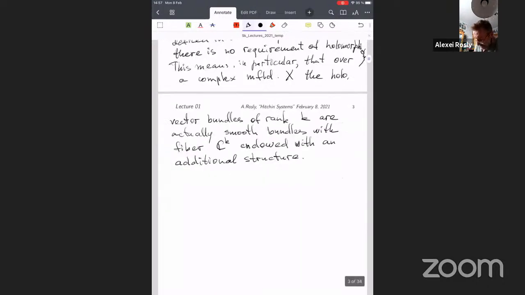Now, another definition, which is again equivalent. No, let me start from an auxiliary definition. Given a smooth vector bundle such that its base is a complex manifold,